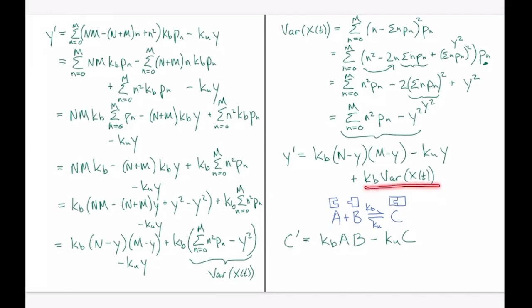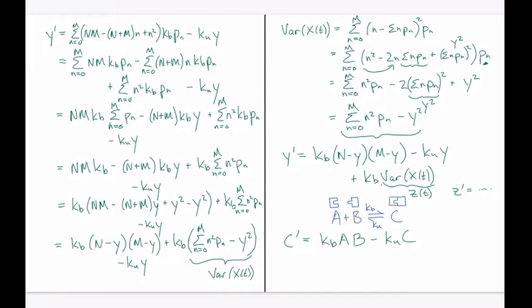then you would have to include this, and you would need to find an equation. Maybe you call this variance Z of t, and then you need an equation for the variance. That would take a lot more work, and people tend not to do that. So this is the type of equation people would typically write down for a bimolecular forward reaction with a unimolecular backward reaction. Okay, so that is a more complicated example than anything we've seen,